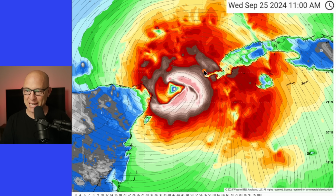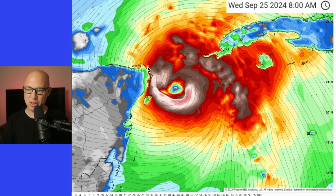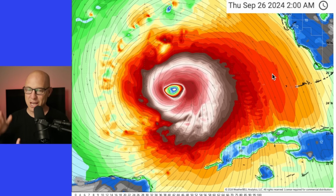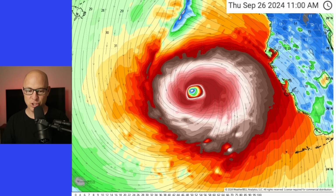Let's talk some of the specifics here. This is something that I didn't like to see when I looked at the modeling this morning. This is Mexico. Talked about this a little bit last night. Here's Cancun. There's Cozumel. Over here's Tulum. You've got this storm staying offshore, really just splitting the strait here, moving right into the Gulf of Mexico and just exploding in growth. We're talking about a major hurricane on the way,